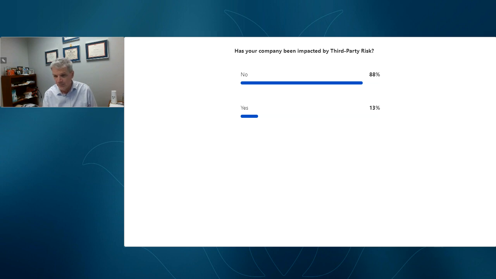Keep in mind that third-party risk overall is still increasing. It's gone up from when I did a similar presentation a couple of years back. And as we work more with third parties, by default, the more third parties you're working with, the more exposure you would have overall.